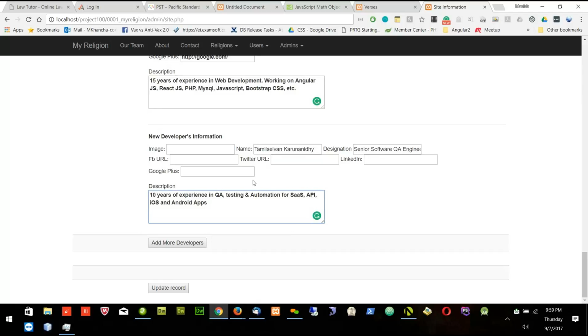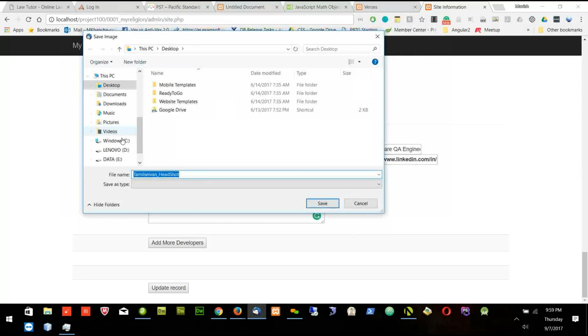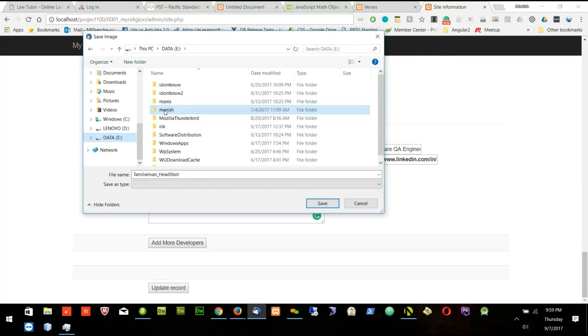Okay. So here are the Tamil details I need. Okay, you have the LinkedIn one. Let's put this LinkedIn one. Let's put the Facebook one. Let's put the Twitter one. Let's put the Google one, Google Plus, and save image. This is your image. I will save it to our folder,